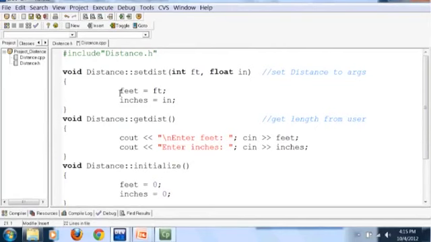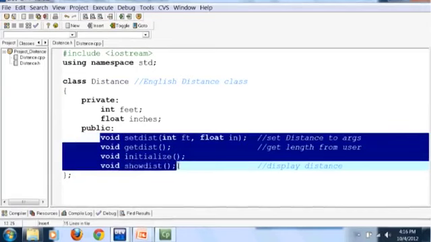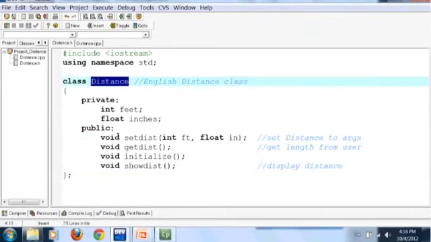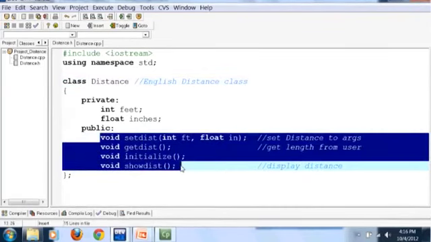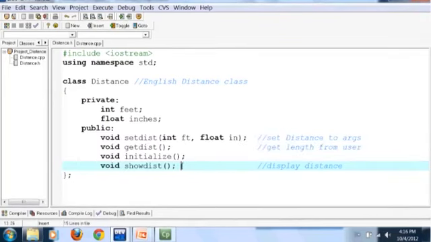The client has to provide the functionality, so they will provide that functionality by hiding the implementation detail so that he cannot modify all those things, right? So whenever you have to write the definition of the member function of any class, let's say the distance class, if you have to write the definition of these functions outside the class definition,